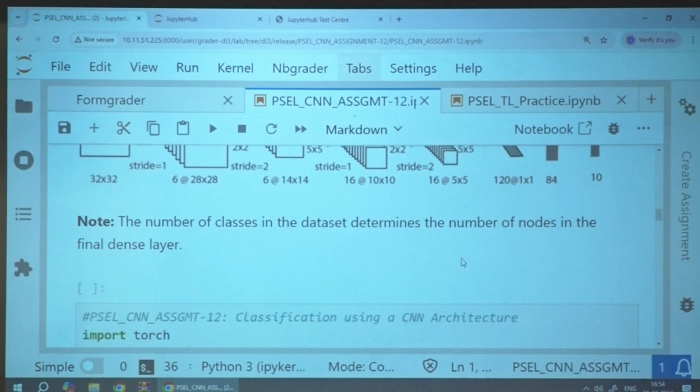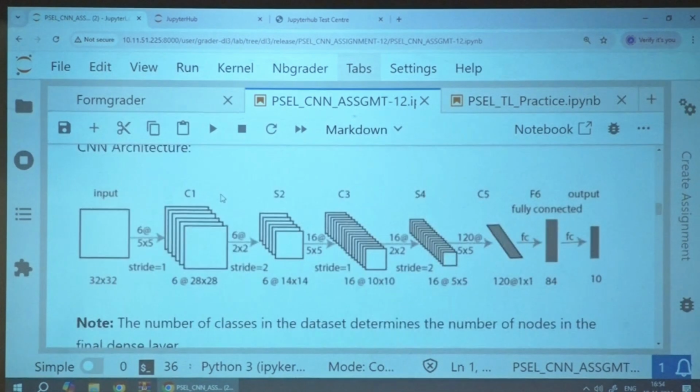Now store this output in a variable. Step by step you can do. When you are applying these operations, take it as a block of code. Here in this structure, the sequence is given: one convolution followed by the activation with the max pooling is one set. Similarly, the second set.